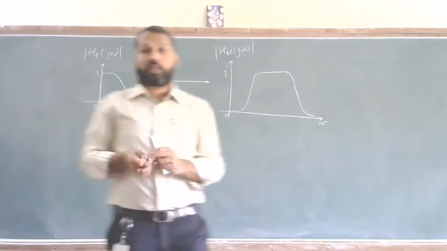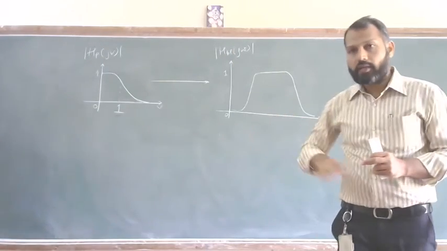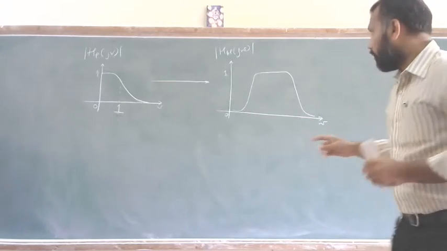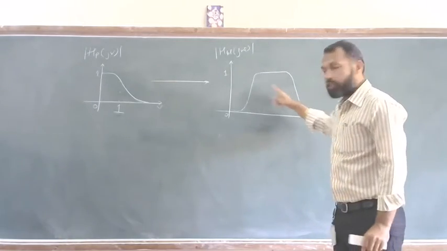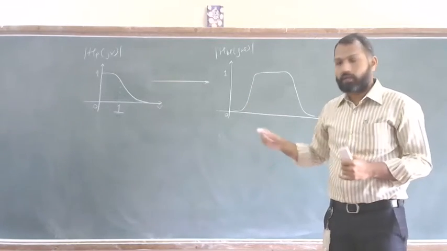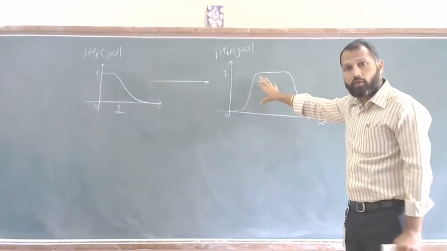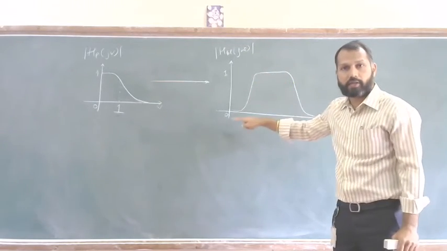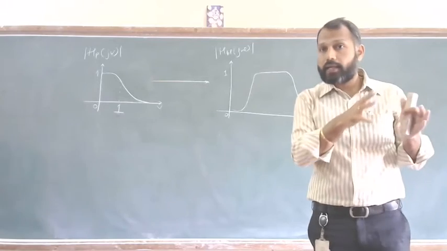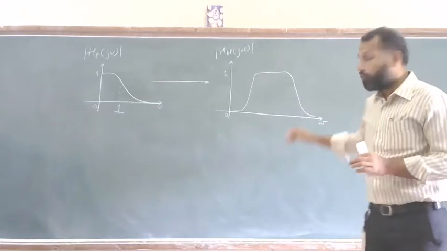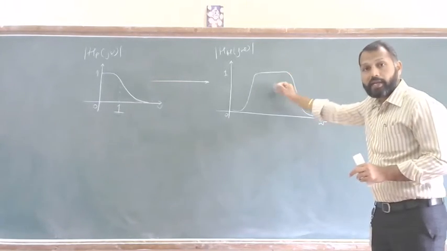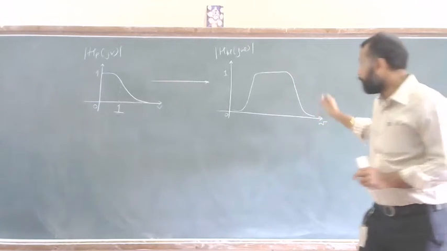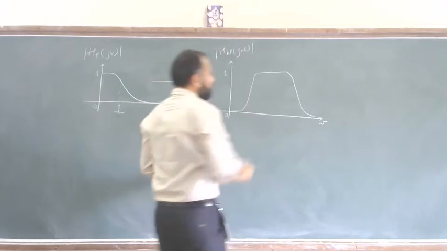Now, if you observe the frequency response of this band pass filter, and if you have to design a band pass filter in your lab, it is the combination of a low pass filter and a high pass filter. So first you need to design a high pass filter because this frequency response seems like a high pass filter. Then you need to cascade that high pass filter system with a low pass filter because the second half of the frequency response seems like a low pass filter here.